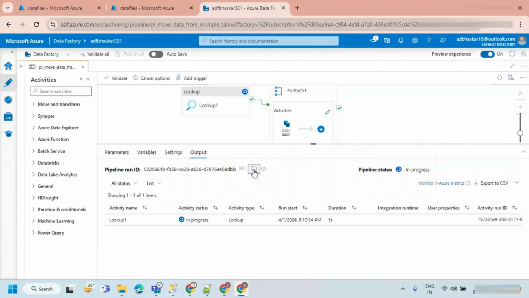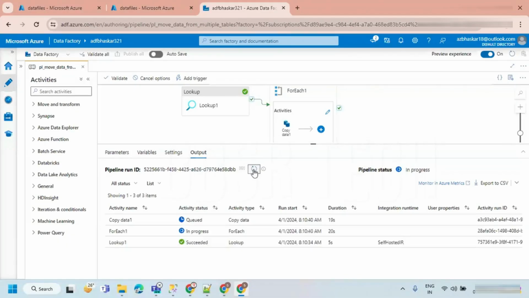We are going to see. One copy is completed.